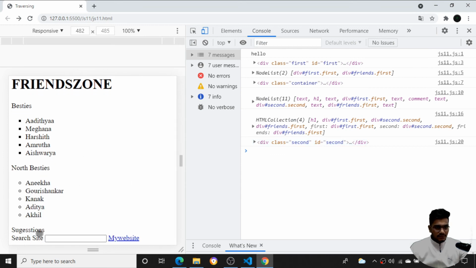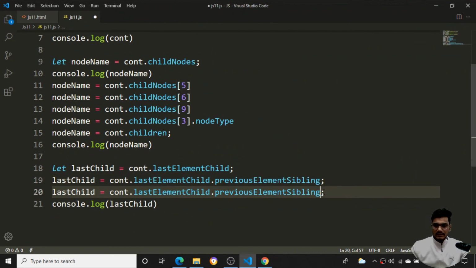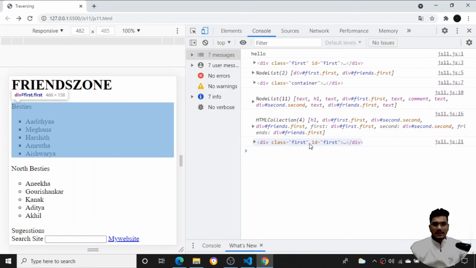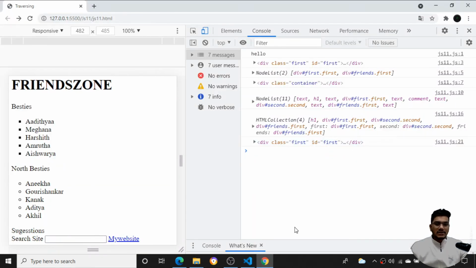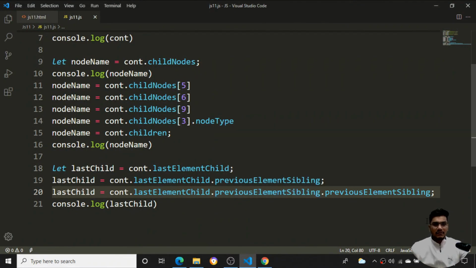The northeast. So before, first it was this one, and the previous sibling is what? Northwest is what I'm getting. I can even do previous of previous sibling also. If I say previous sibling dot previous sibling dot previous element sibling, I can do it like this. So now you can see I am getting the first one over here. Like this I can traverse from last to first, from first to last, and any number of things I can do. Okay, so this is how I can do it.